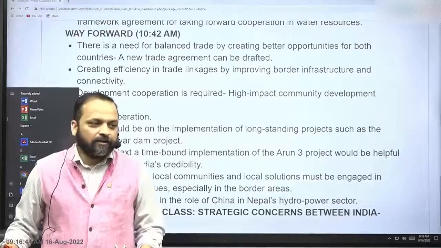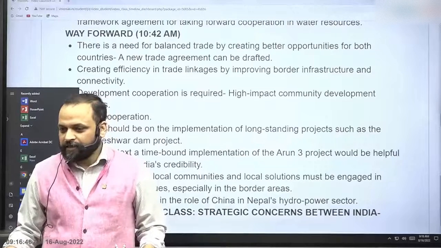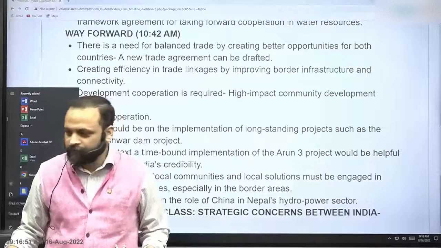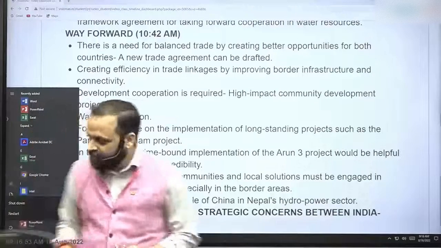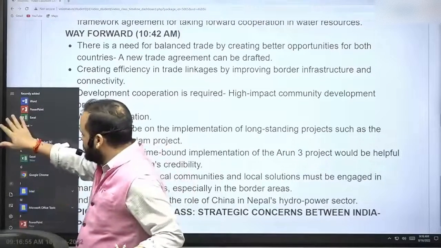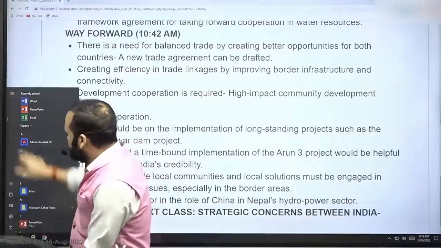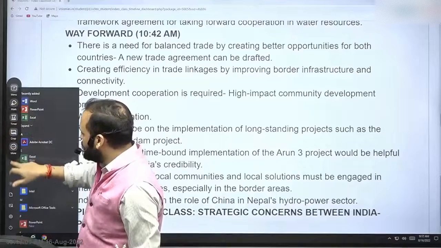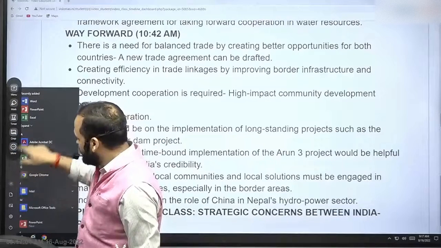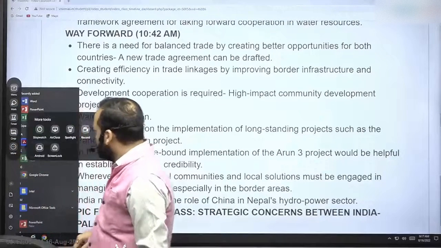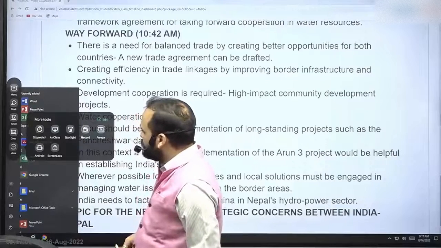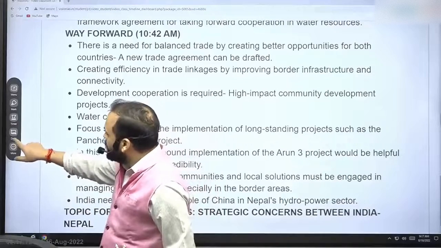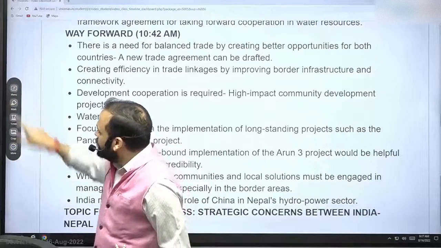Okay, so in the case of India-Nepal relations, examine the Treaty of Friendship 1950 as a source of cooperation and contention. तो इसको कैसे करना है? सिंपल है. आपको ट्रीटी के बारे में तो लिखना ही है. आप भले ही कुछ और लिखे या ना लिखें, लेकिन आपको ट्रीटी के बारे में लिखना है ना. ट्रीटी के बारे में लिखे बिना कोई बात नहीं बनने वाली है. तो सबसे पहला काम क्या है? ट्रीटी के बारे में लिखना है.